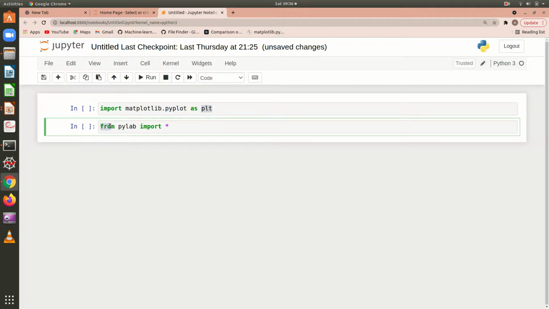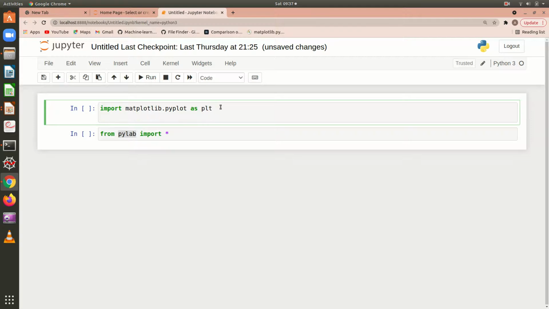Whereas here, you are going to import pylab. Pylab will come into your system and all the functions that are available in pylab will be imported. Now the difference here is, suppose you want to plot a list of information. You have to give the plt.plot function, and let me take 10, 20, 30, 40, 50, and as usual, if you want red color dots, you will be giving it this way.